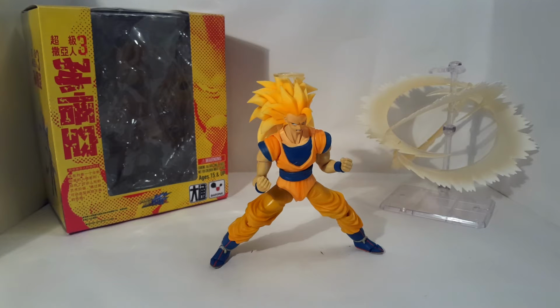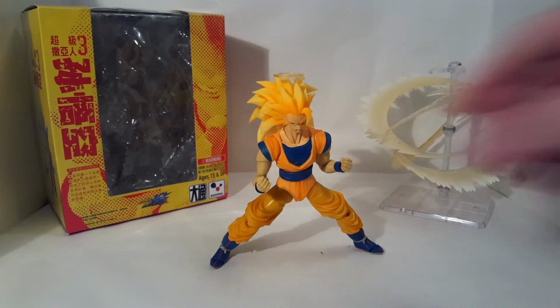Hey folks, Big Deano here again, this time taking a look at the S.H.Figuarts Datong Super Saiyan 3 Goku. After the last Super Saiyan 3, the Jackstow version, I thought I would take a look at the other, not official, quotes, version of the Super Saiyan 3 mould. This time Datong is doing it. So, without further ado,